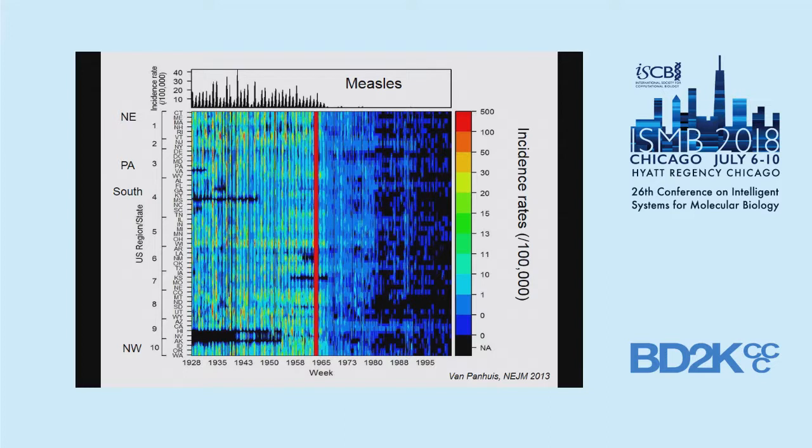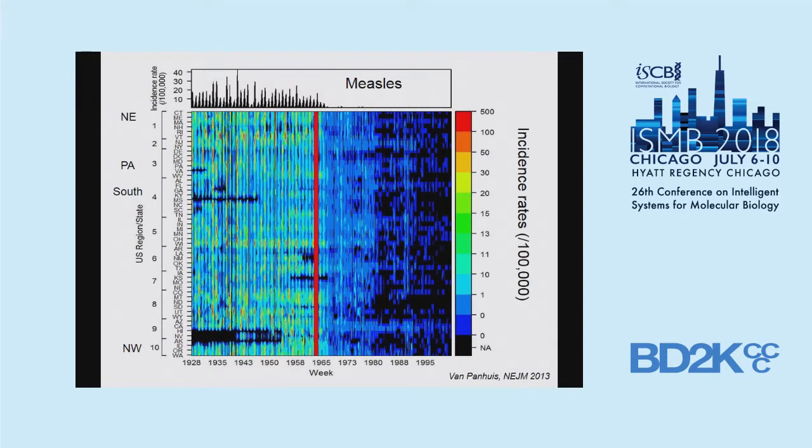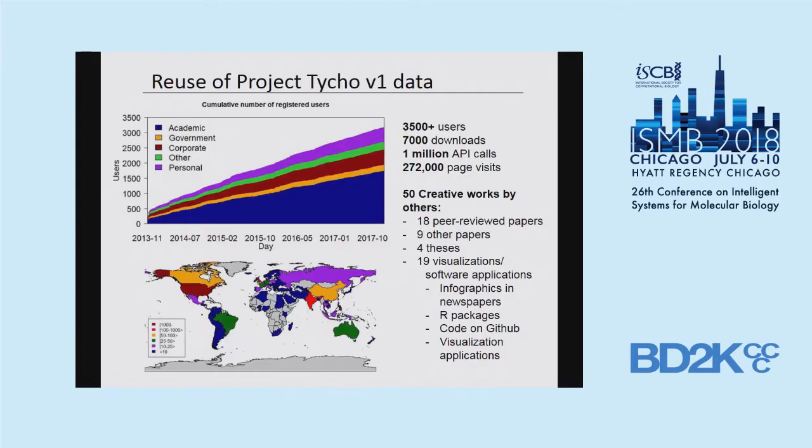And it even was reproduced in 2015 by the Wall Street Journal as another feature about how vaccines can help. This would not have been possible if we hadn't gone back and digitized all these paper records. That's a great example of how we can use data that are not in an actionable format to create new knowledge and for good. So we made all these data publicly available through our Project Tycho data system for others to use.